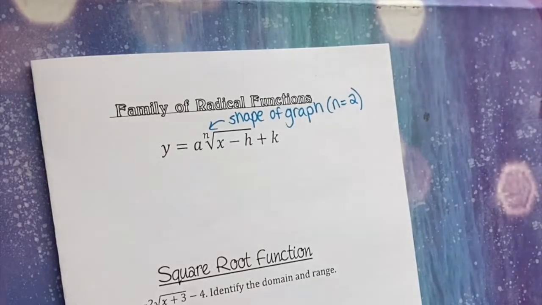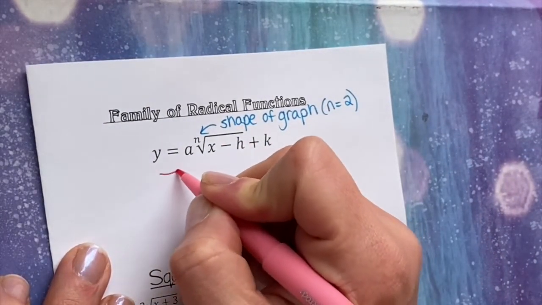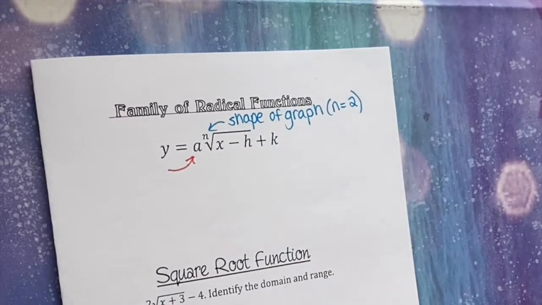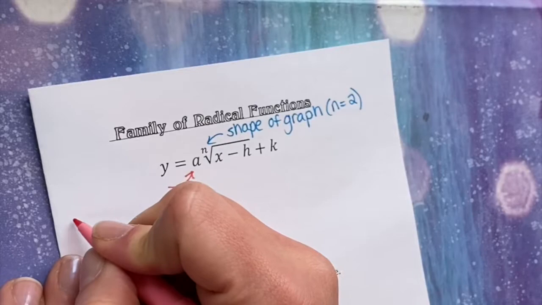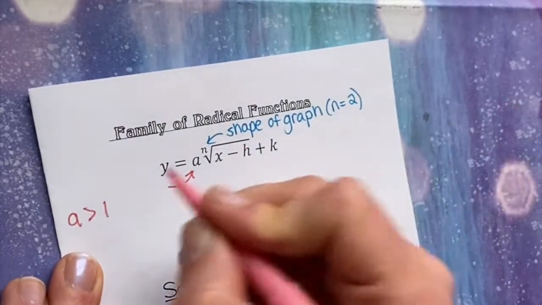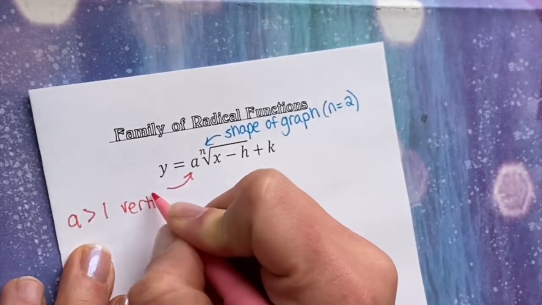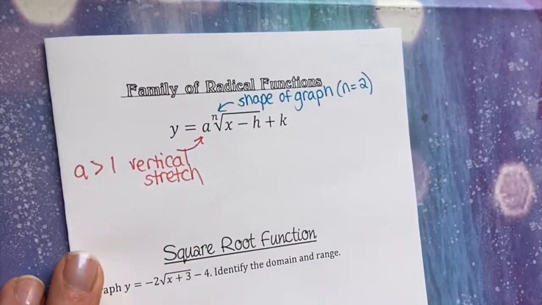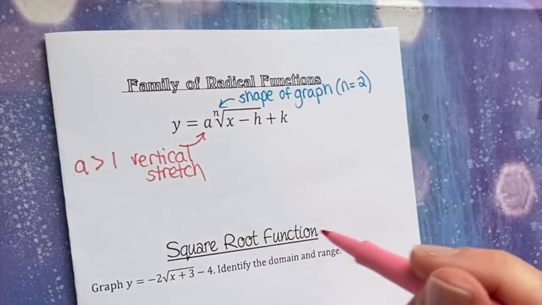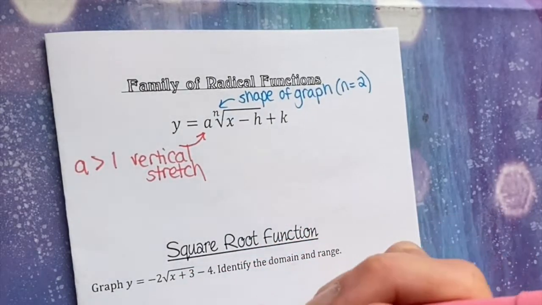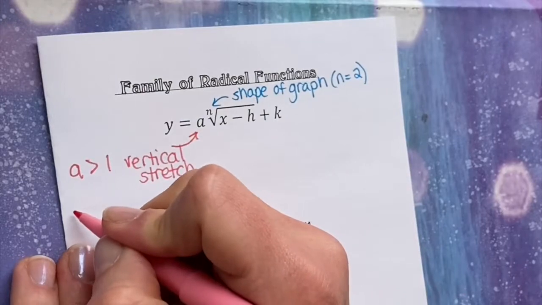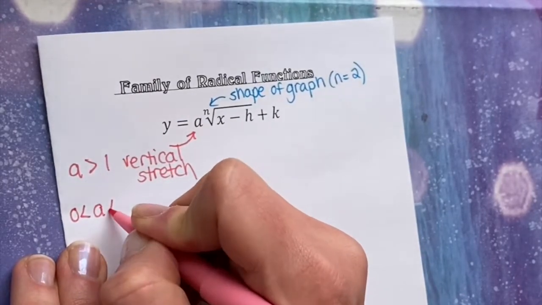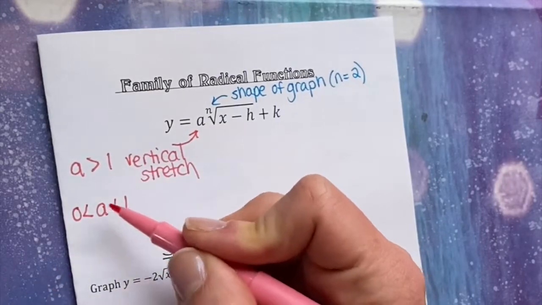So that brings us to our A value. A tells us the same exact thing as it did with quadratics and all the other functions that we've talked about. So if A is greater than 1, the graph will have a vertical stretch. So in this case, the curve will start to increase more quickly, so it'll have kind of more of an arch to it. If A is between 0 and 1, so this is when we have a fraction,